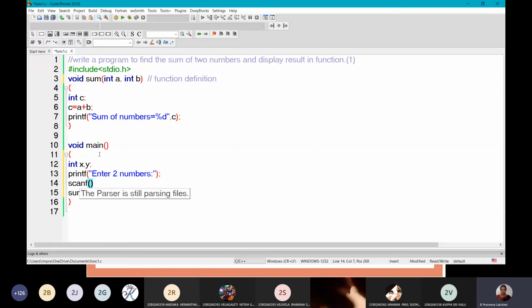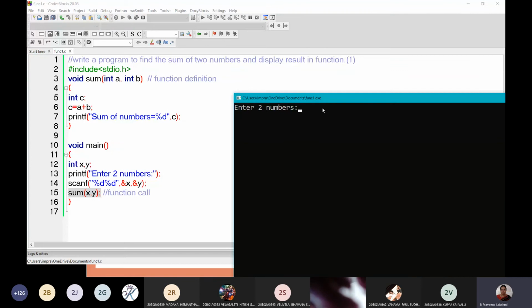I am writing a scanf, %d, double comma, ampersand x, ampersand y. Now I send the x and y to the function. Without the 10 and 20, I will send the x and y to the function. So I'm taking the two numbers from the keyboard, and I'm sending those two numbers to the function. We'll see by executing this.